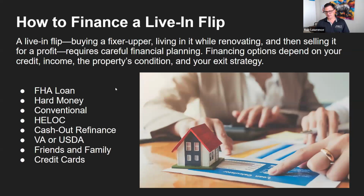So how are you going to finance this? The great thing about a live-in flip over a regular investment is you're going to need a lot less cash out of pocket. Because if you're buying a rental property, you usually have to come up with 20 to 25, sometimes 30% down payment out of pocket, plus closing costs, plus your refinance, plus your renovation costs. When you're buying a personal residence, the government likes that, and so they incentivize it with lower interest rates and lower down payments. So you can go FHA, though FHA has an appraisal and inspection,